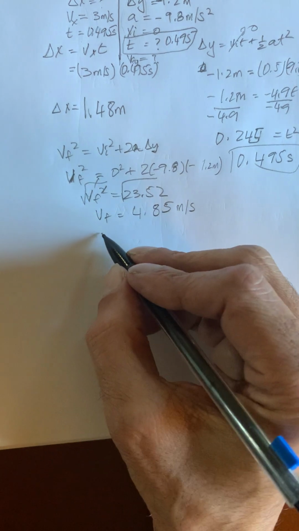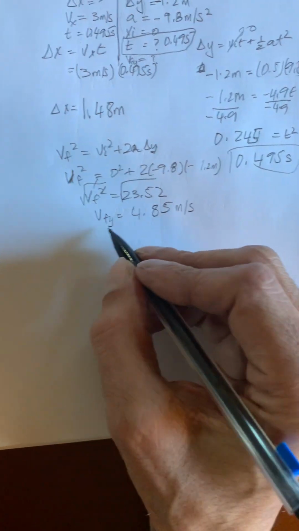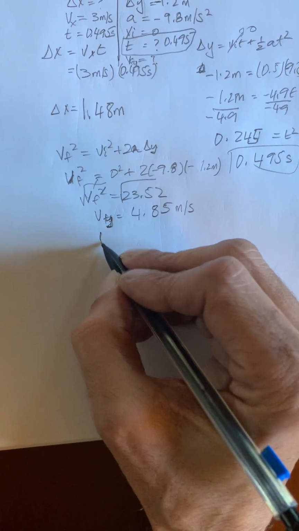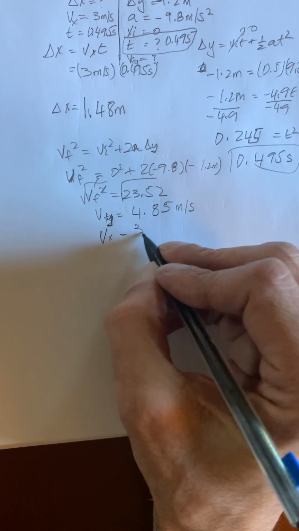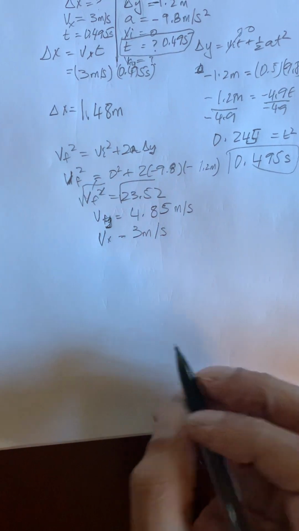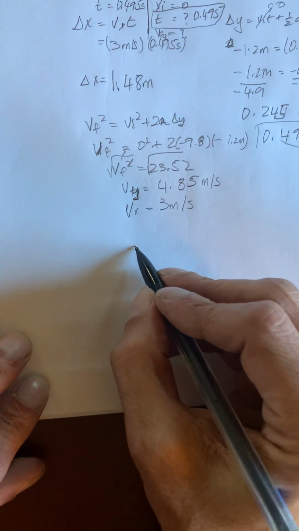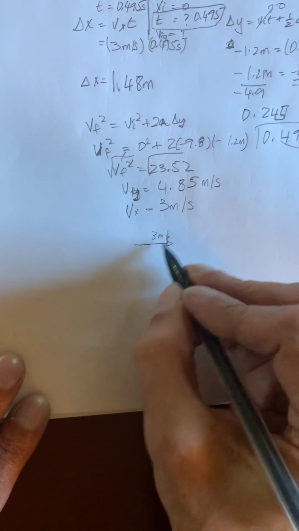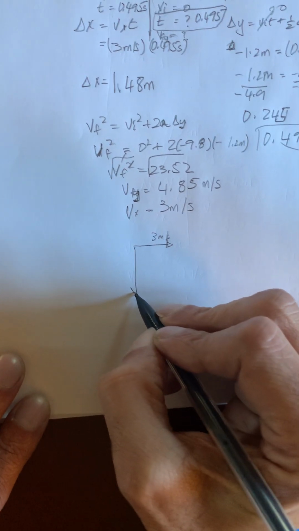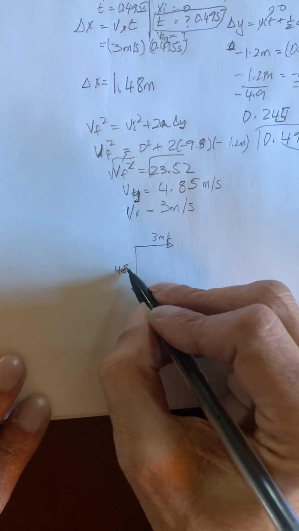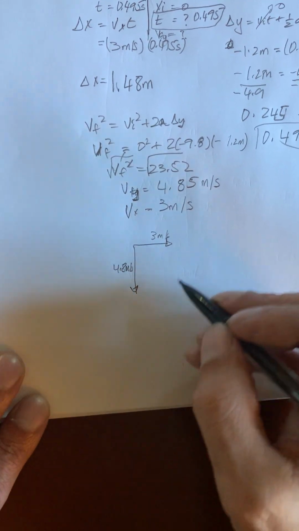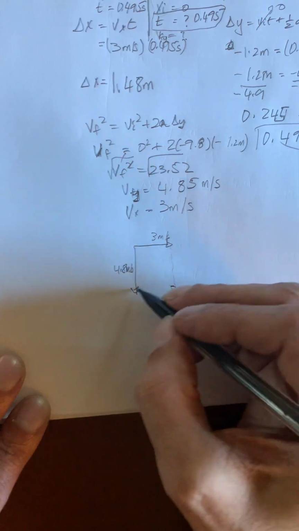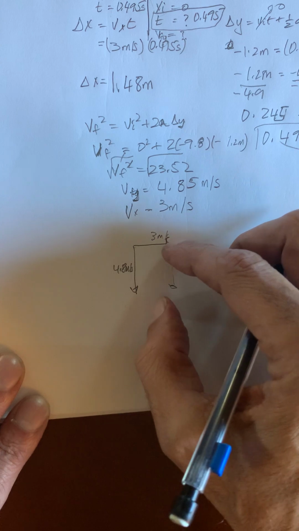I also have my speed in the X direction. I'll call this VFY if you want. I'll just call it VY. And Vx, we know, is 3 meters per second. This particular thing looks like a vector that has 3 meters per second this way and 4.85 this way. I'll make it a little longer to draw it to scale. So when you put these two vectors head to tail, you're adding two vectors,